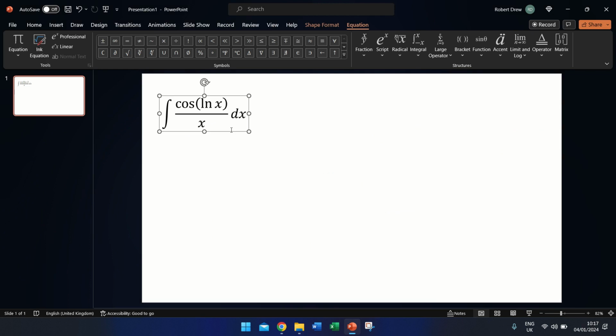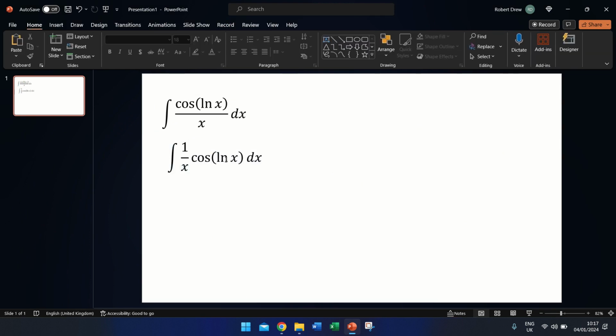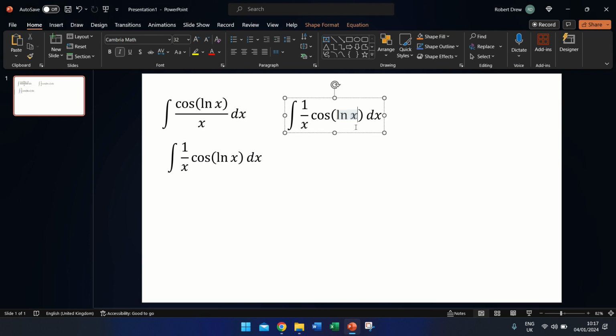Okay. Now, the first thing I'm thinking immediately upon seeing this is that the over x, I could write as 1 over x, like this. The reason I'm thinking that, of course, is because the derivative of log of x is 1 over x. So now I have the derivative sitting here. The problem is that doesn't quite work, because the derivative of cos of f of x, if we just write it here,